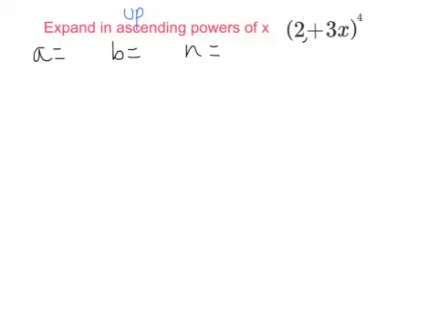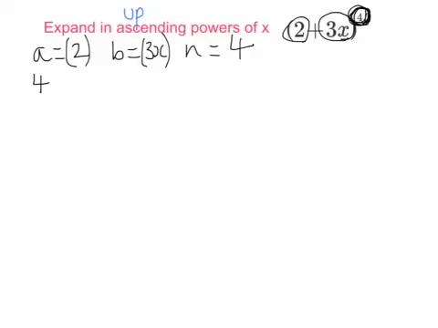n. So the a is 2, and notice that I've put it in a bracket. The b is 3x, and it's going in a bracket as well. And the n is 4. Okay, so I'm going to set mine out going down, and I'm going to put the coefficients in first. So notice that it's a 4 to start with, so I'm going to write 4 choose 0,